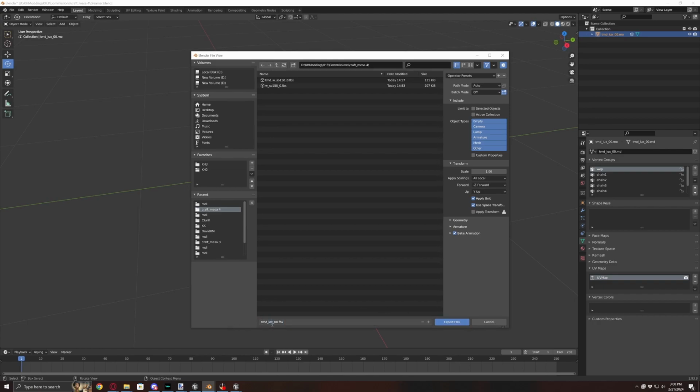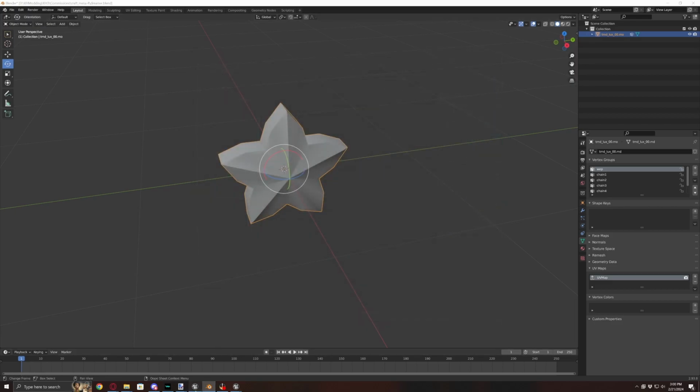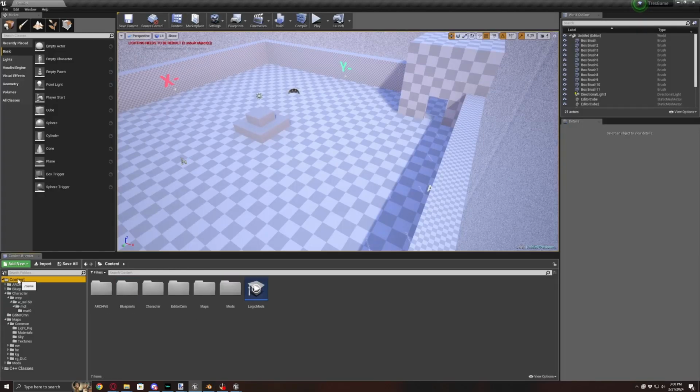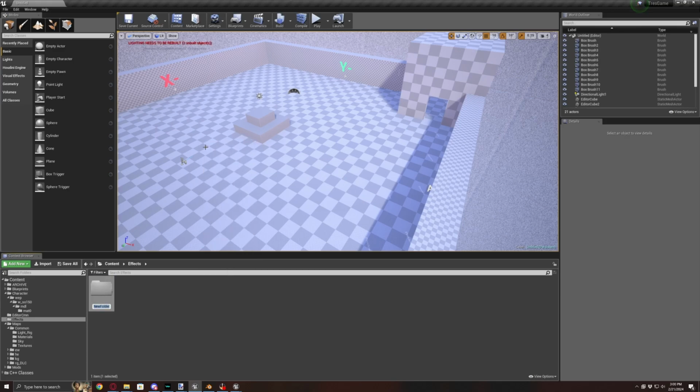I named that wrong, putting Lux instead of Lux, so fix that. Export. Then go back into your Unreal project. Under Content, create Effects, your weapon ID,